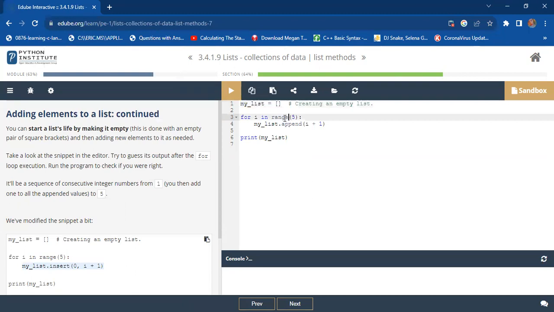And then you can use a for loop to append things to the list. For example, here, we are appending numbers from 1 to 5. For i in range 5, my_list.append(i + 1). So you are appending numbers here. We are appending 5 numbers to the list, and we are starting